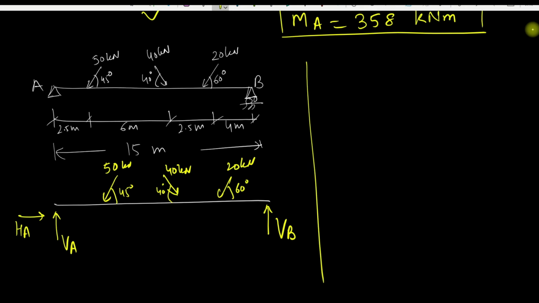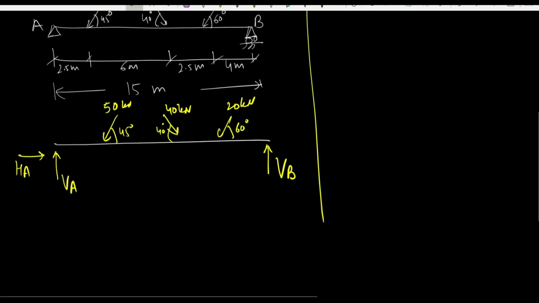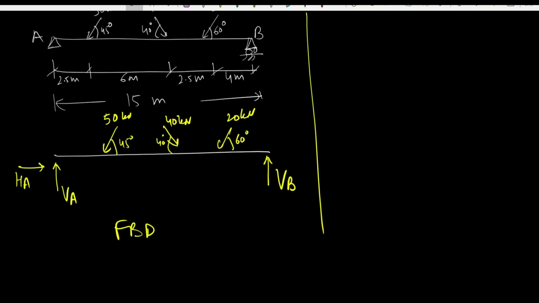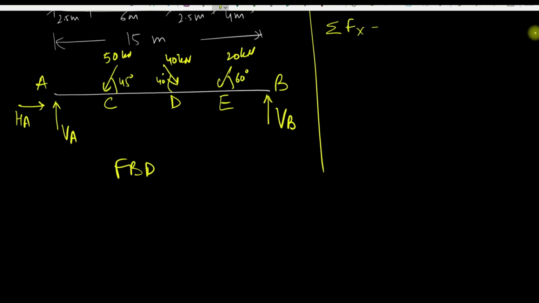So let us apply the equations of equilibrium to this free body diagram. Distances are known to us, so we can take distances from the point above. Let us say this is point A, B, C, D and E. The first equation of equilibrium is sum of all horizontal forces equal to 0. So we have HA, let us take HA as positive. Forces acting in positive x direction are taken as positive, and in negative x direction are taken as negative. So let us start with HA.